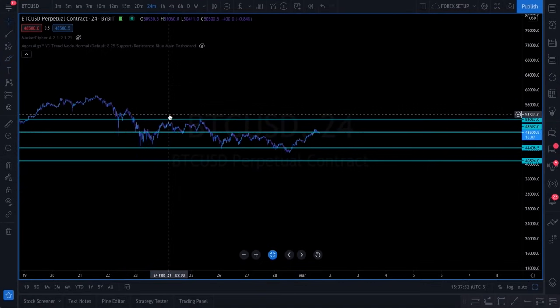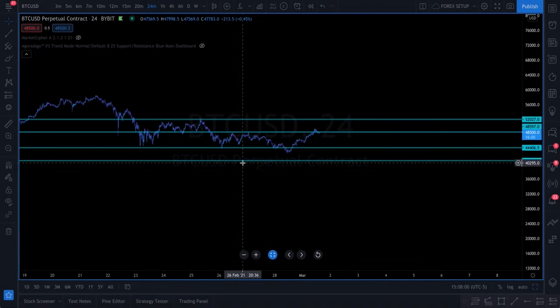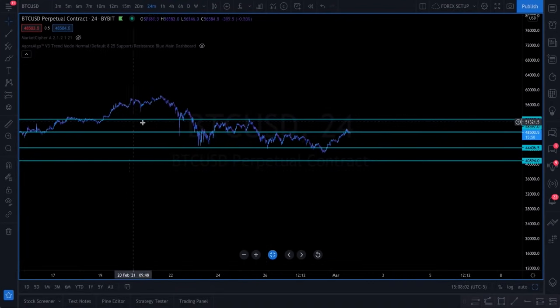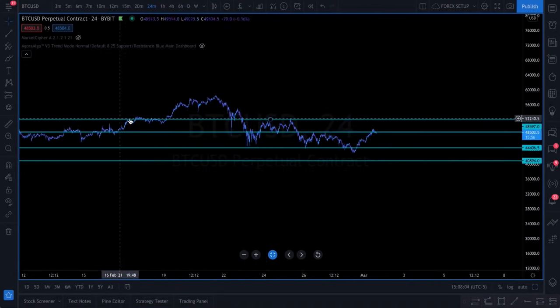And Market Cipher will allow us to predict what that reaction is going to be. So, we have our 24-minute. It seems that the support and resistance levels we drew on the 4-hour are very precise and they're holding up